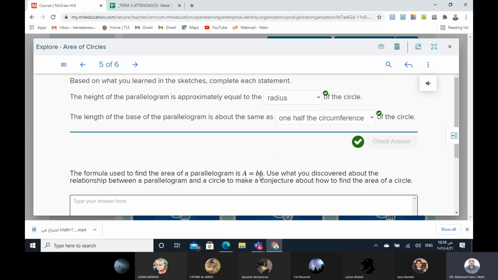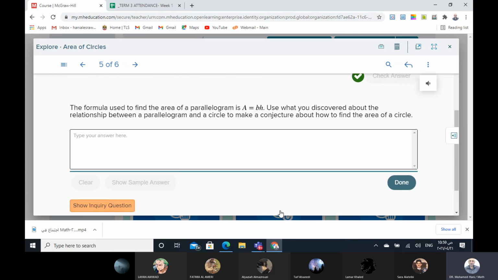height. Use what you described about the relation between a parallelogram and the circle to make a conjecture about how to find the area of the circle. So we can write the area of the circle